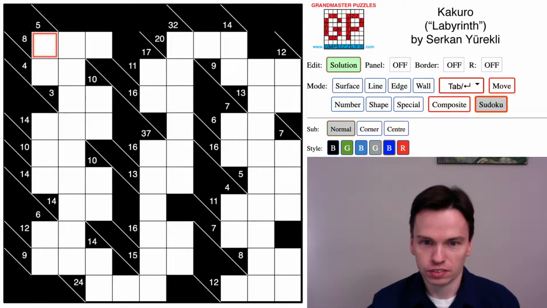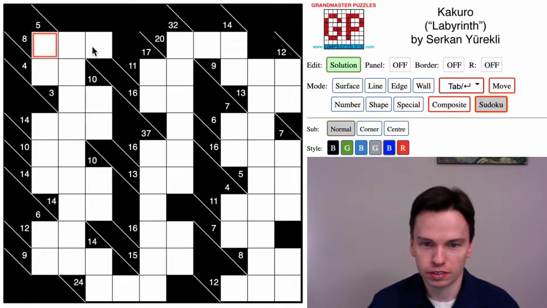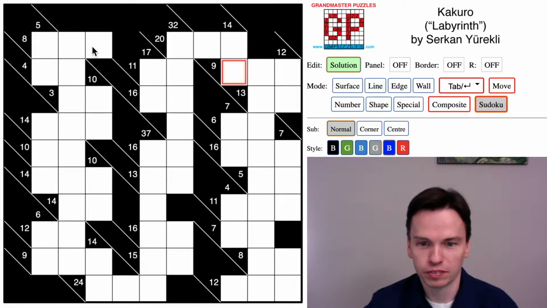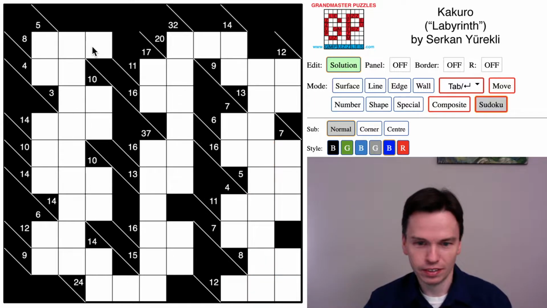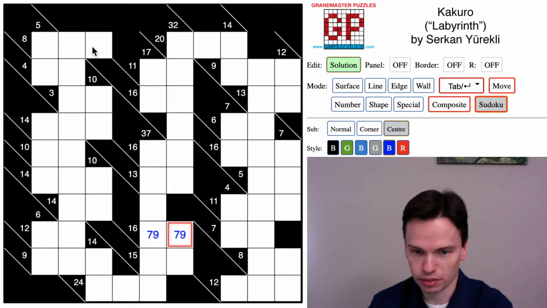We're here to solve this interesting Kakuro puzzle by Serkan. The theme is Labyrinth, and one of the things you can see is this is a fairly unusual grid. It's got a connection from the upper left all the way through the lower right that stretches like a labyrinth through a long path. It's not a typical interconnected grid, but it has some of the things that you'll see